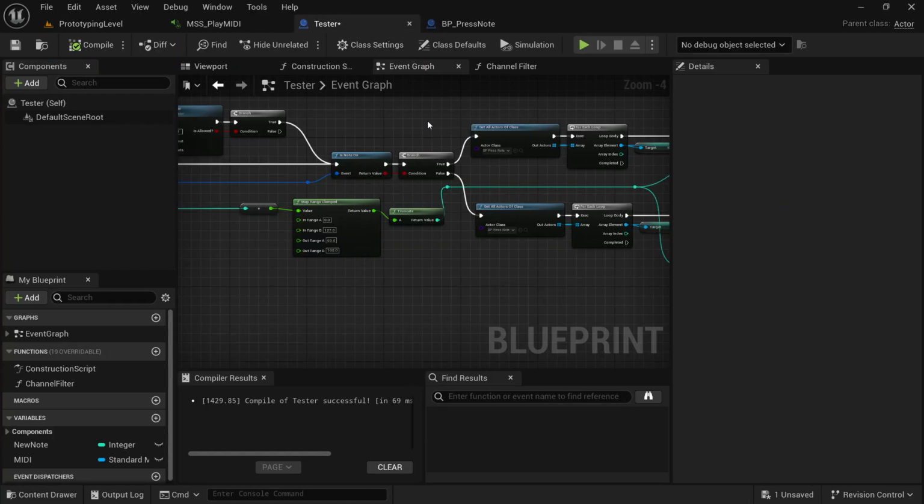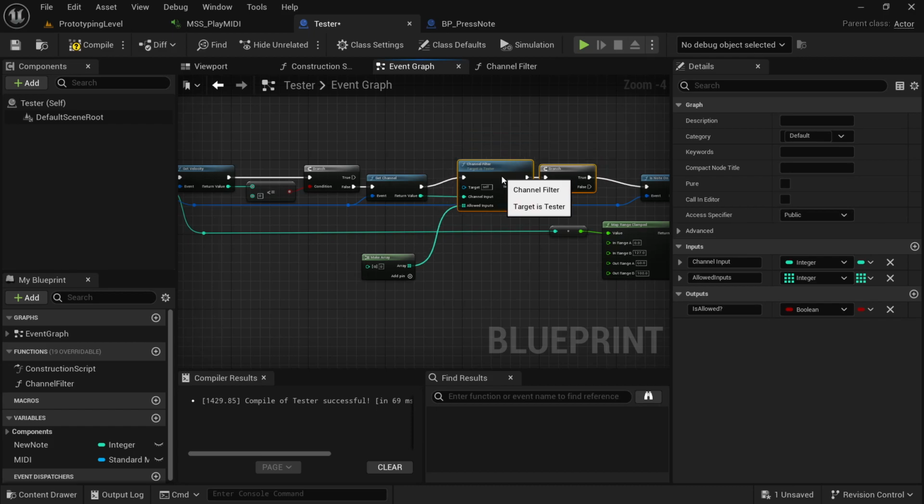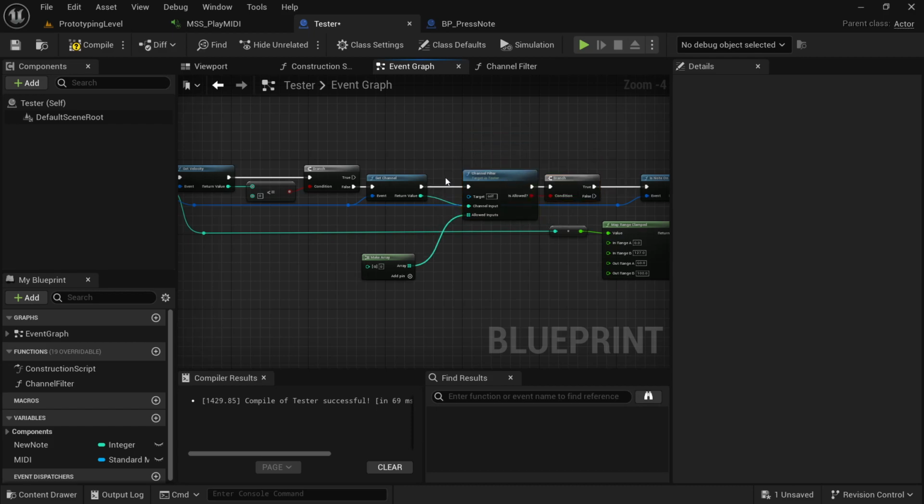But what if we only want a single or a couple channels? Maybe a music piece has lots of different instruments and we just want the piano side of that instrument. Well, what we'll do is we'll implement our channel filter, which right now this is another hard-coded thing, but I'd like to make it more automatic. But it gets the channel and compares it